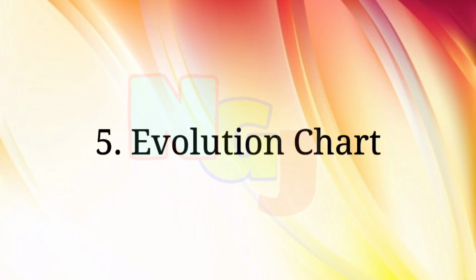And the last type is the evolution chart. The evolution chart is a left to right arrangement of facts and ideas for expressing. Other than the chain chart, the remaining 4 types of charts are arranged from left to right, that is from facts to ideas of expressing. They are the narrative chart, tabulation chart, cause and effect chart, and evolution chart.